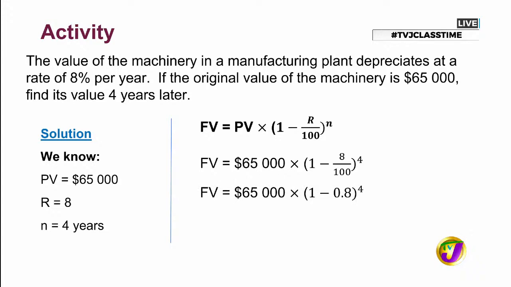I want to point out, remember now our focus is on that subtraction that we talked about when we were deriving the formula. So as we look at the third line that we have on screen, we're seeing now that 0.08 is subtracted from 1. All right, so there's a typo error here. Just want to point it out. So it's 1 subtract 0.08 raised to the 4th power.